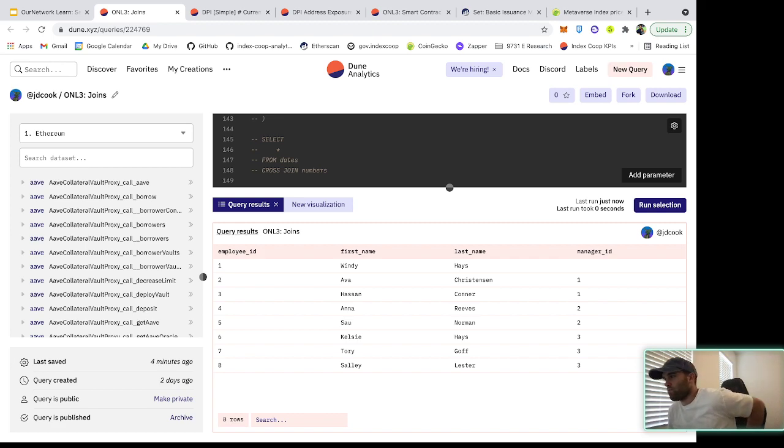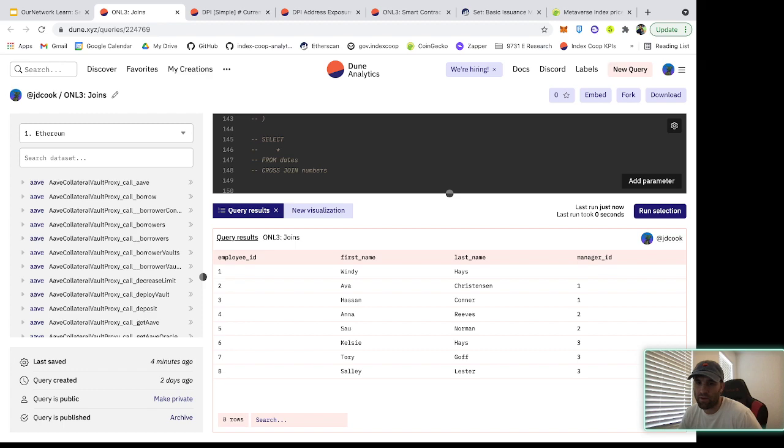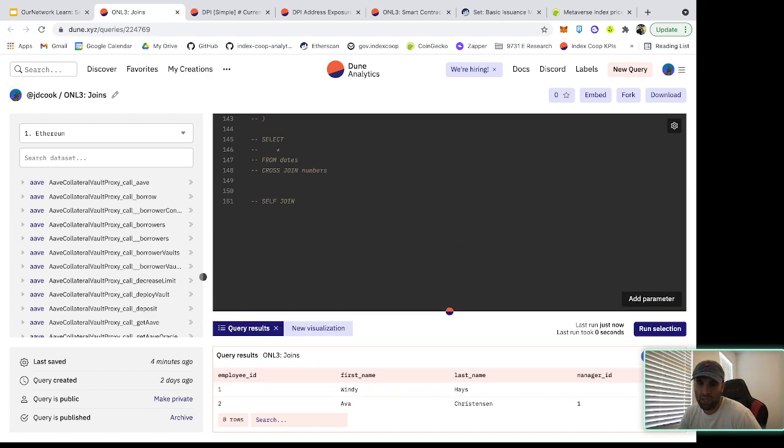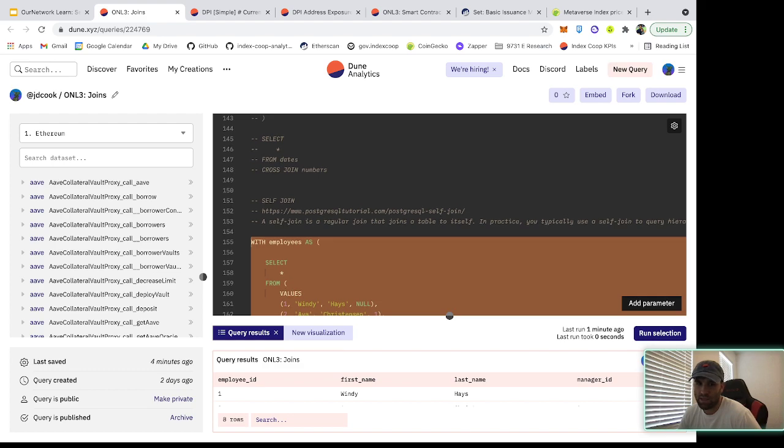And self-joins are particularly helpful when your data is hierarchical. In this case, we have a manager ID that references back to the employee ID number. So for employee ID 2, Ava Christensen, her manager is employee number 1, who we refer back to employee ID number 1, and that's Wendy Hayes. So if we wanted to say, hey, I want the name of every employee and then the name of their manager, we can do that by using this table itself,